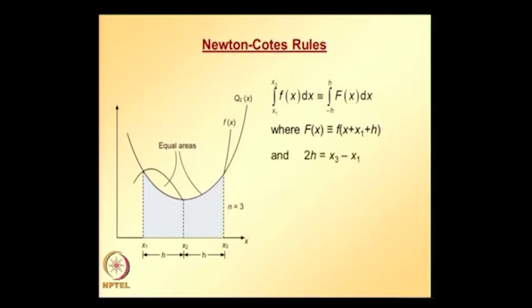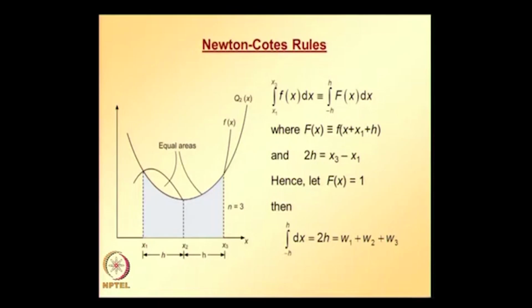So the distance between x3 and x1 is 2h, and now the procedure goes like this. We need to determine 3 unknowns: W1, W2, W3. We will start with F(x) equal to 1. When F(x) is equal to 1, the integral from -h to h of 1 dx becomes 2h, and the